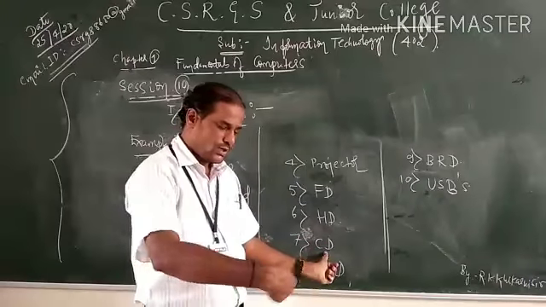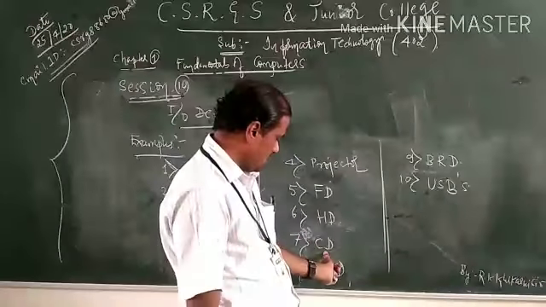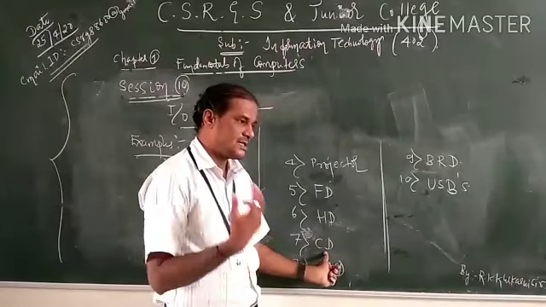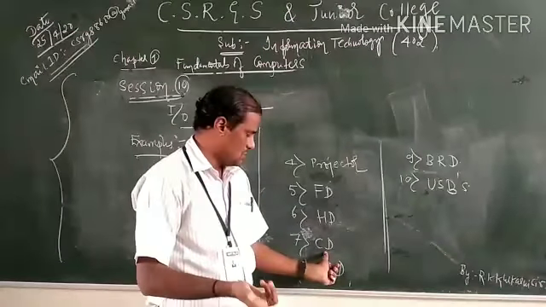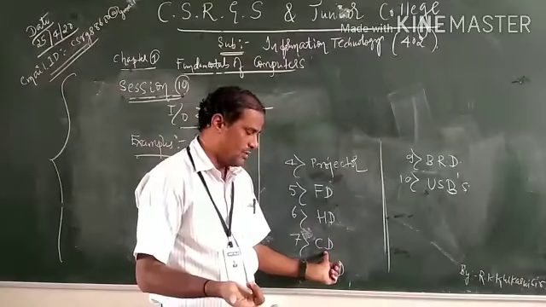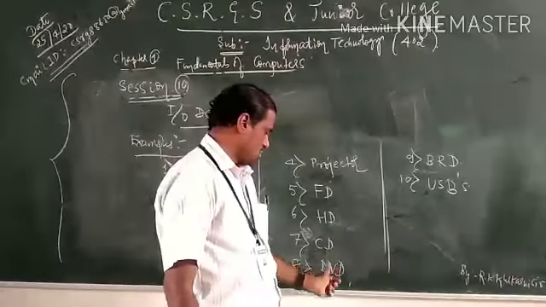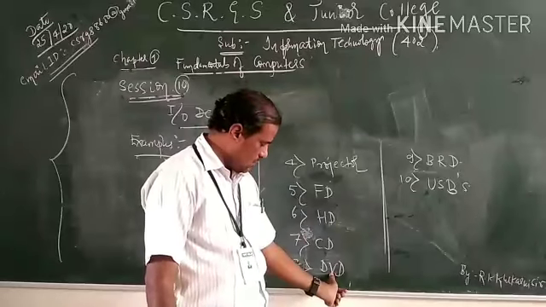CD, which is round in nature. So CD also, though it is memory, is called an I/O device, because today we can write something in that blank, empty CD. Tomorrow we can see or enjoy the movie or audios. So that is CD. DVD also has a similar structure, but here the storage capacity is more compared to this one.